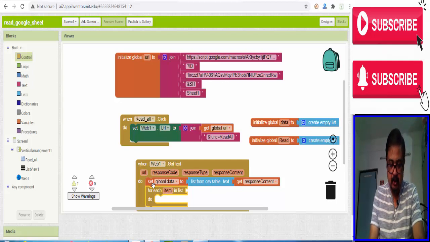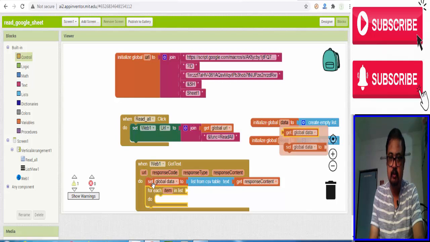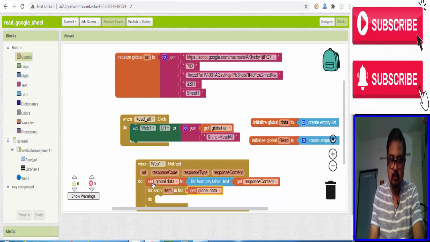Now for each item of global data, whatever data it got, do one thing: make a new list, add item to list.